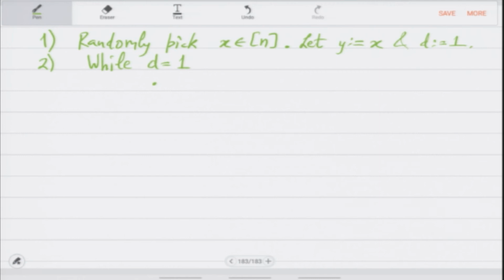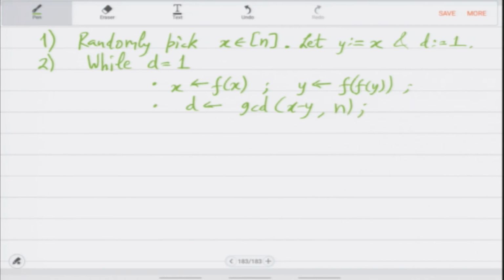What it does is compute f on x and apply f on f of y. So on x you apply f once, on y you apply f twice. And then you compute the GCD of x minus y with n,